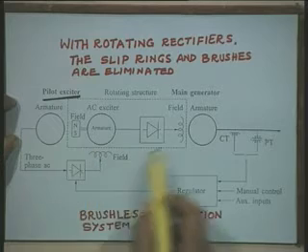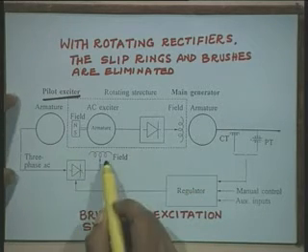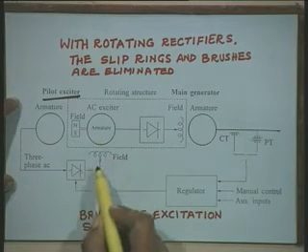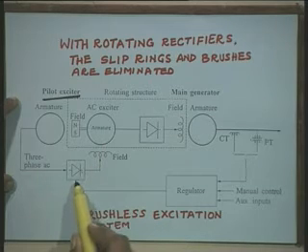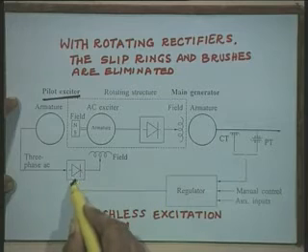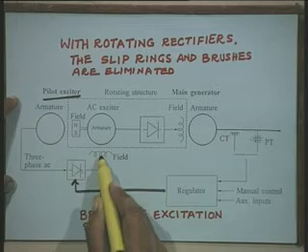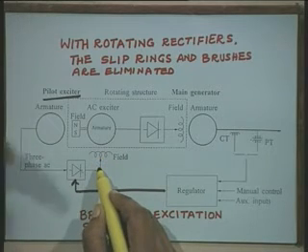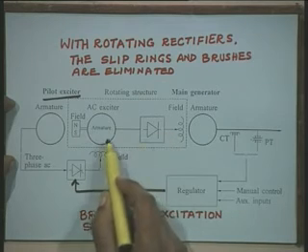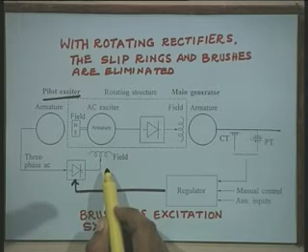The control of the excitation system is achieved by controlling the field current of the AC exciter. That is, the AC exciter gets its field current through a controlled rectifier. That is the AC regulator. This AC regulator acts on the control rectifier which are provided here, and we supply the controlled field current in the AC exciter. And in this arrangement, we will be in a position to control the output of the exciter by controlling the field current of the AC exciter.